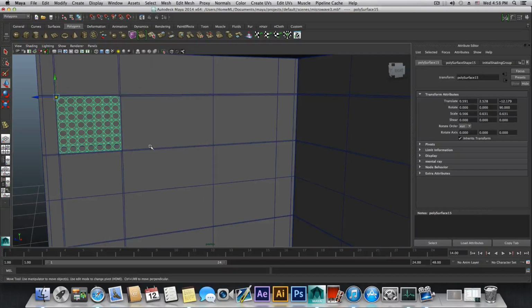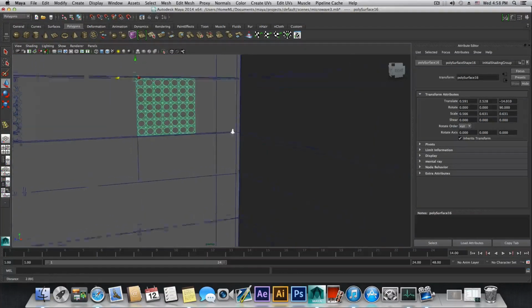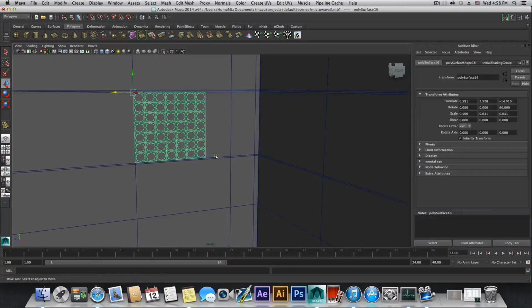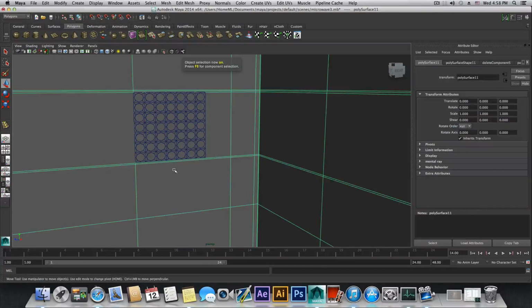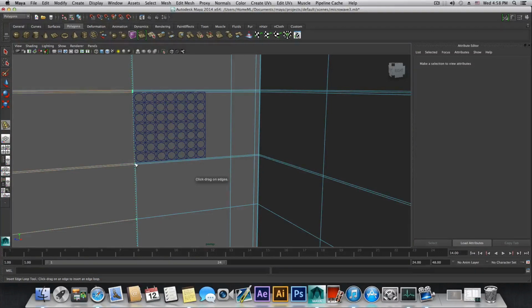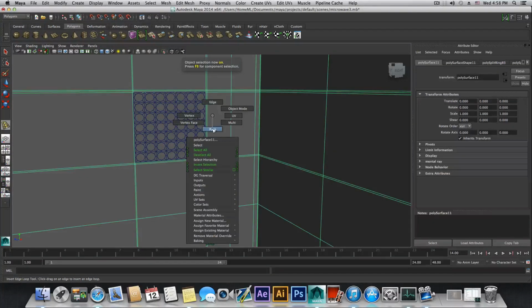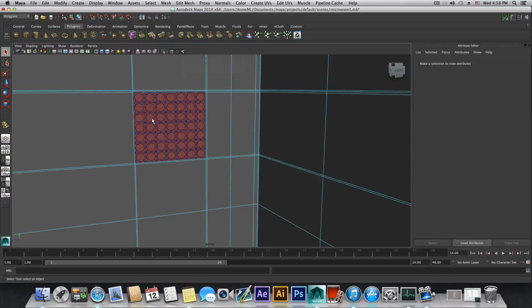Now let's duplicate it, Shift D or Control D to duplicate it, and we will snap it over here, over this corner here. Now I need edge loops here, so I will add two more edge loops. So Shift, right click, insert edge loop, one edge loop here, and two more here. Okay, and then I can bring it back to object mode, right click, choose face, grab this face and